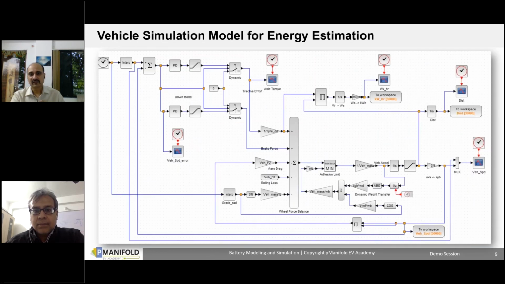So yeah, this is just a glimpse of the vehicle simulation model, just the vehicle model in a tool called Scilab, which is a free alternative of MATLAB and Simulink. This is very similar to Simulink, as people who have worked on Simulink would observe. And we prefer this in our class so that everyone has access to this tool. Anyone of you can download this tool on your laptops or desktops, and you can install and work.